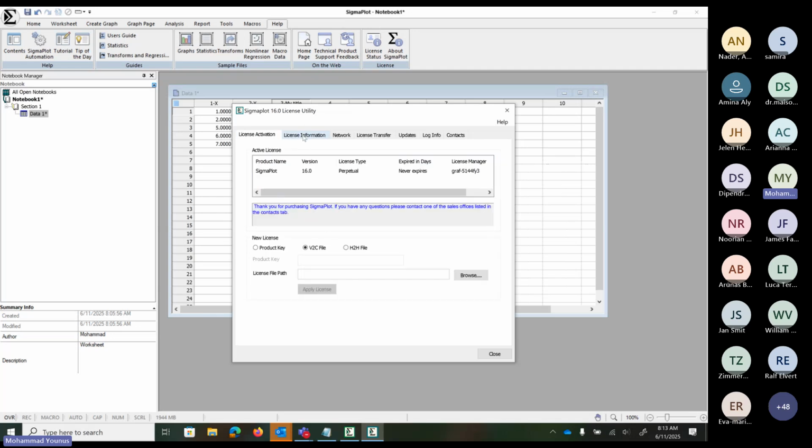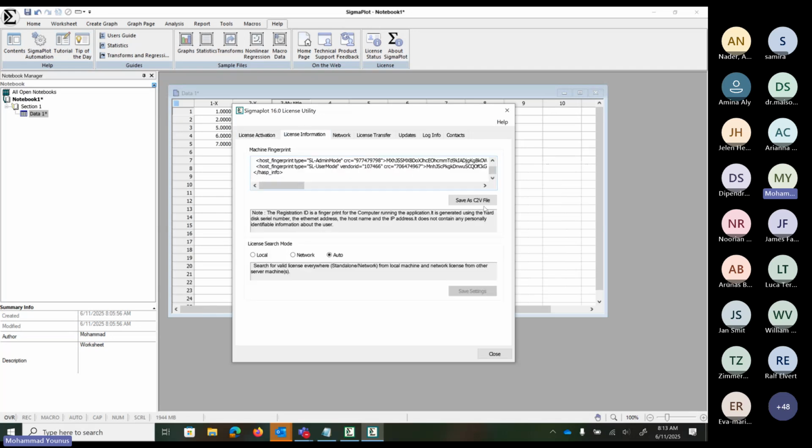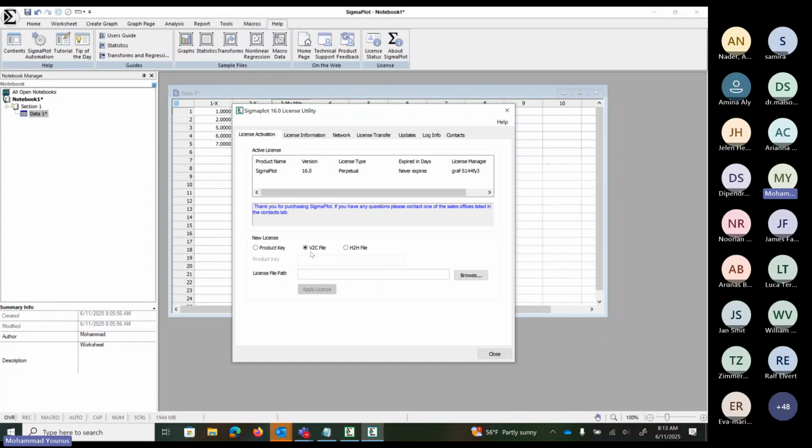And this is a very interesting convention. C2V means customer to vendor. And over here, V2C is vendor to customer. So vendor to customer is the actual file you need to install the license. So once you have this radio button selected, you can browse, and the file which you may have received through